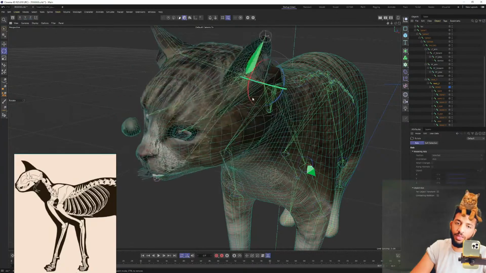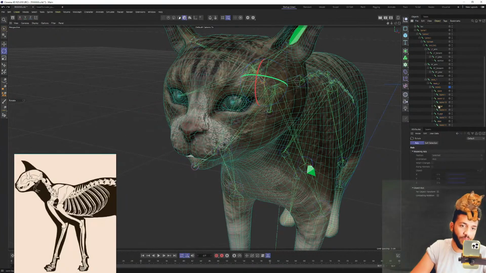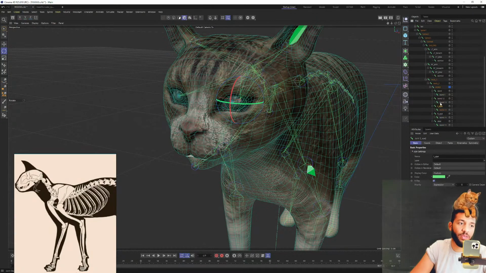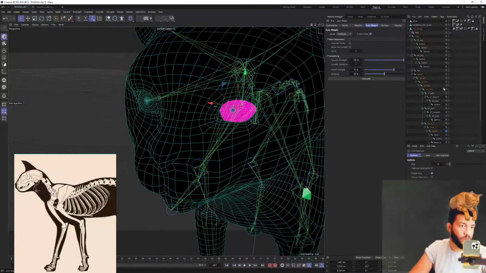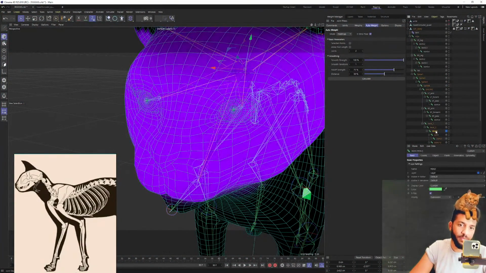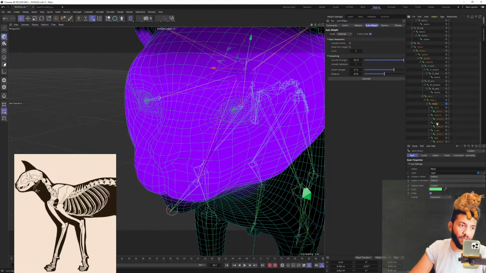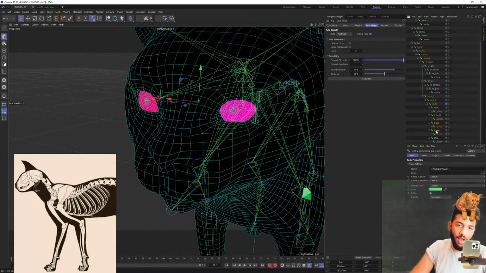They're doubling because I have two sets of weight influences on the eyes. So let's go to the eyes again, go to our rigging somewhere. Where's the rigging? Oh, there's rigging. And I'm going to go back to the eyes. And then I'll select the left eye and the right eye, and I'll just tell it to turn off influences